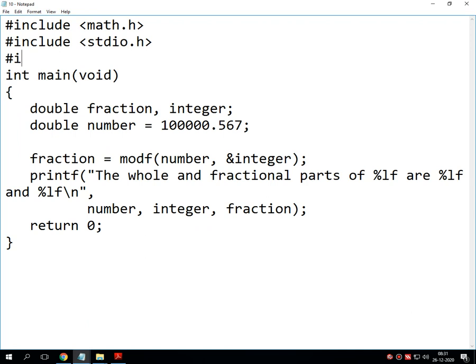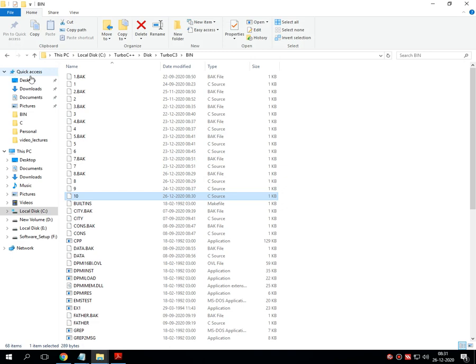Write a program to demonstrate the use of modf function, and note down this particular program. As this is a video lecture, you can pause it. Will not waste more time for this. I'm just closing the code.